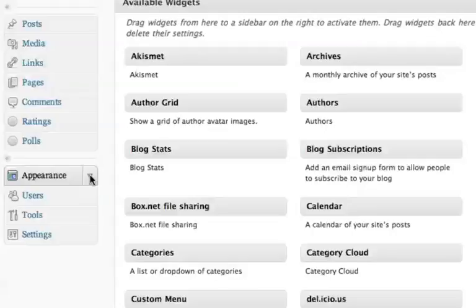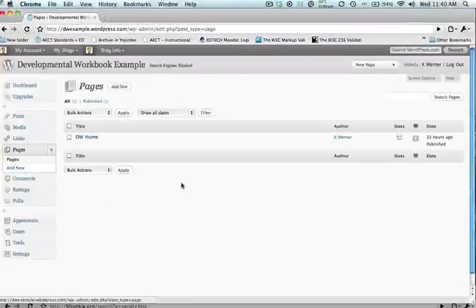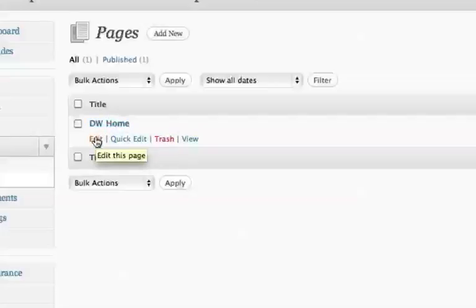Okay, so that takes care of the Appearances menu. Now what I'd like you to do is go over to the Pages menu on the left-hand side, and then go to Pages. Okay, in this menu you're going to have a title right here that says About, and again, once you mouse over it, you have these options like Edit, Quick Edit, Trash, and View. I'd like you to click on Edit,